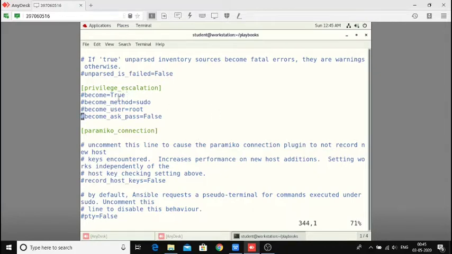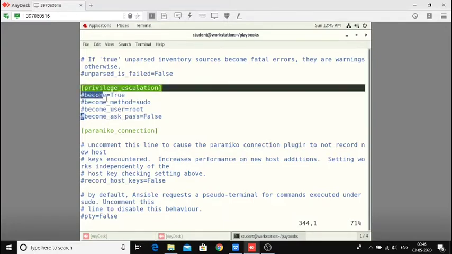Become is true and become_method is sudo means the execution of my playbook should happen with sudo. The method can also be su, or switch. become_user is root means it should execute as the root user. become_ask_pass is false means it should not ask for the password.